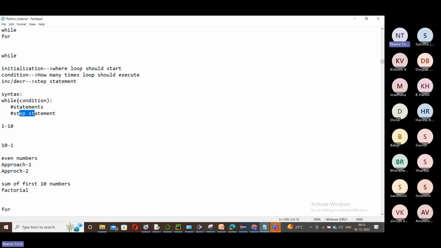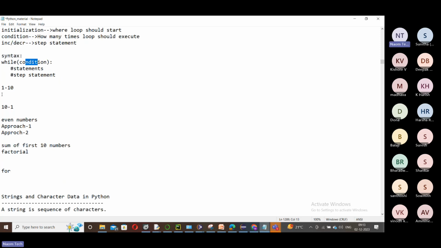Again, go back to the beginning of the loop, and again it will execute the condition. So this process continues until this condition is false. Once this is false, the execution of the loop is skipped and the control moves to the next statement after the while loop. This is the execution flow. You got it, friends? So this is the execution flow of a while loop. Understood now? So let us do a quick program.